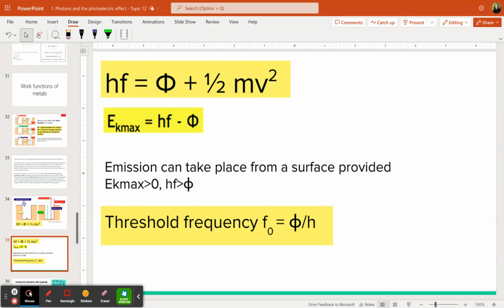Okay, so the threshold frequency minimum for a metal, f0, that's a new term, comes from setting minimum energy being 0, meaning hf minus phi equals 0, meaning hf at a minimum has to equal phi. I'm saying then that h must be equal to phi over f, or f must be equal to phi over h. Okay, it comes from setting this equation minimum to be 0.